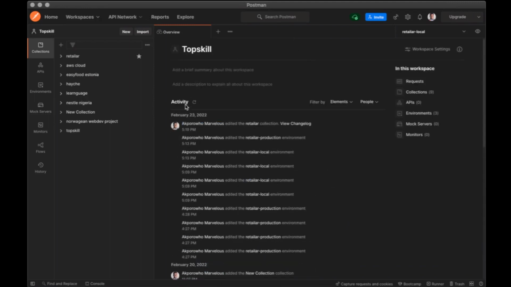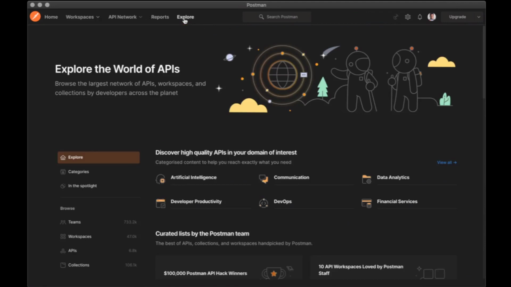Yeah, so that is it for activities. I'm not going to explore any of this. Instead, we're going to create a new collection. But before I do that, I think I should also come down to explore. And the idea of this specific feature is that we're able to explore the amount of